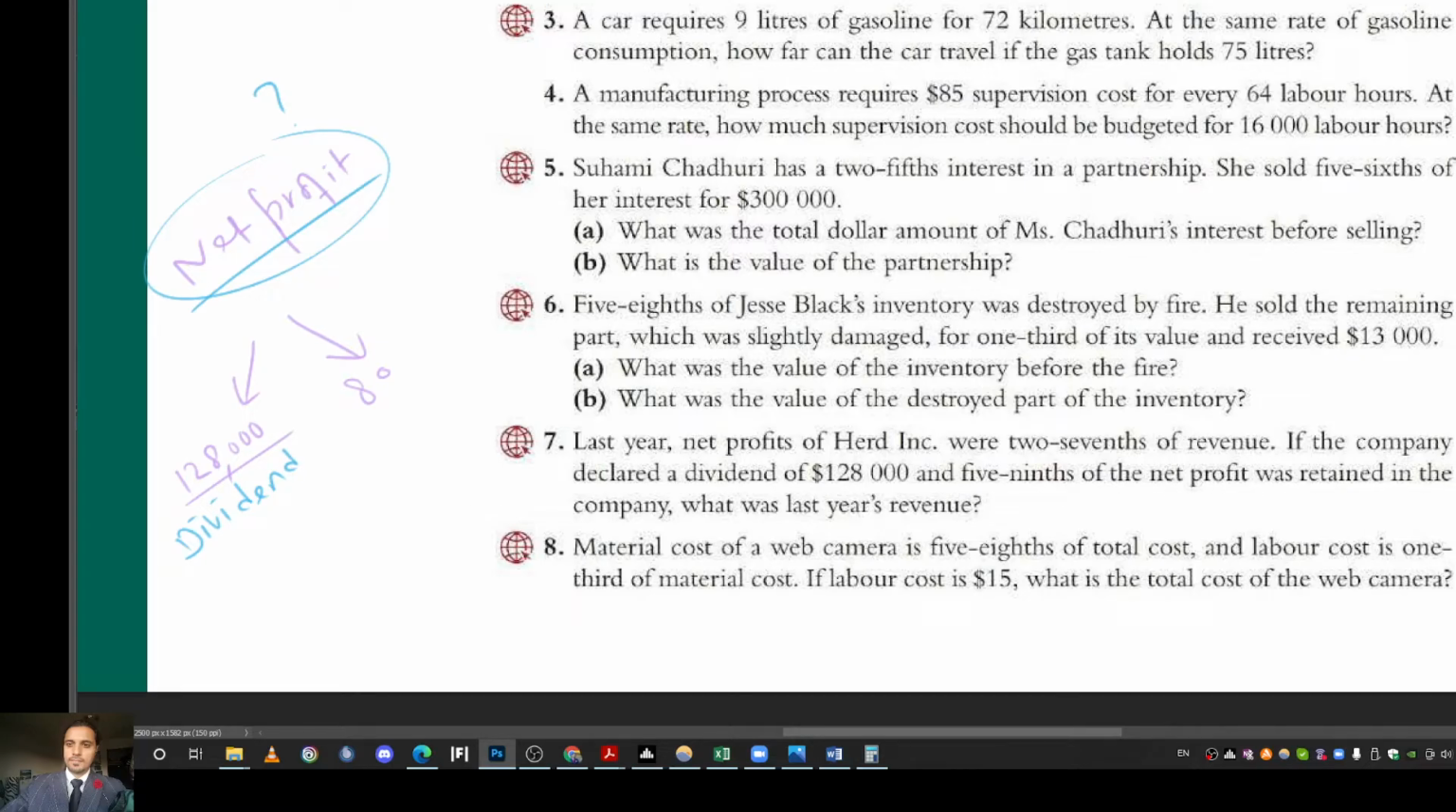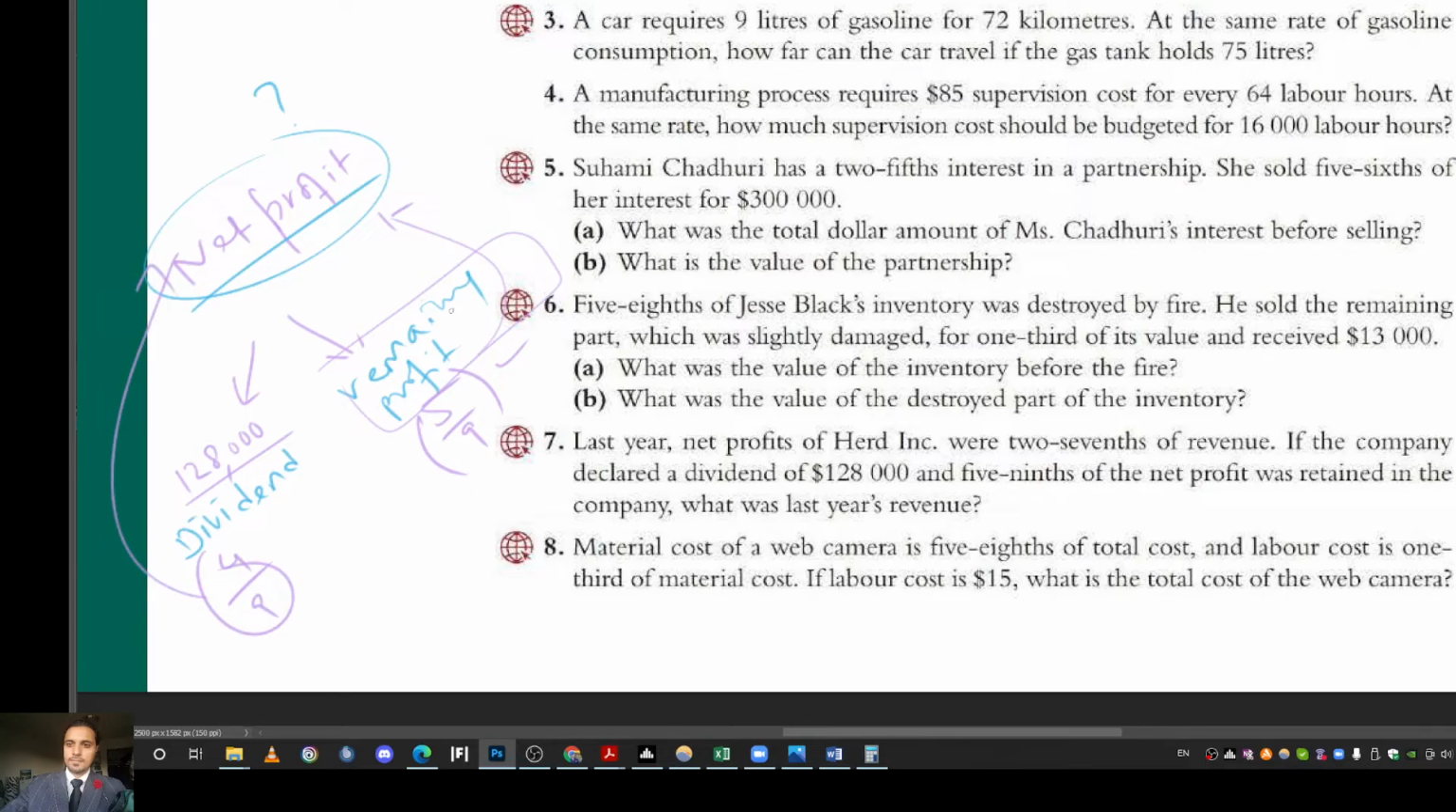5/9 of the net profit was retained in the company. We're also not sure what the remaining profit is. We don't know the amount, but we are told something about that: 5/9 of the net profit. So that means this was 5/9. If this was 5/9 of this, then this should be 4/9 of this,